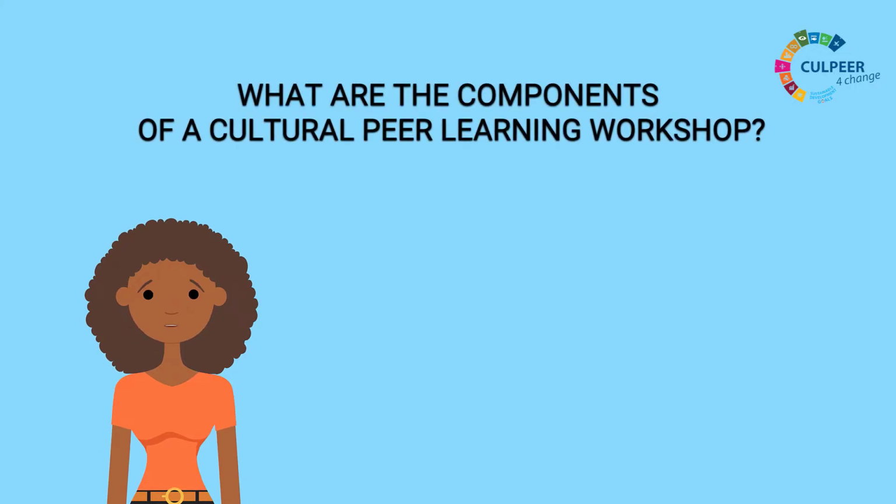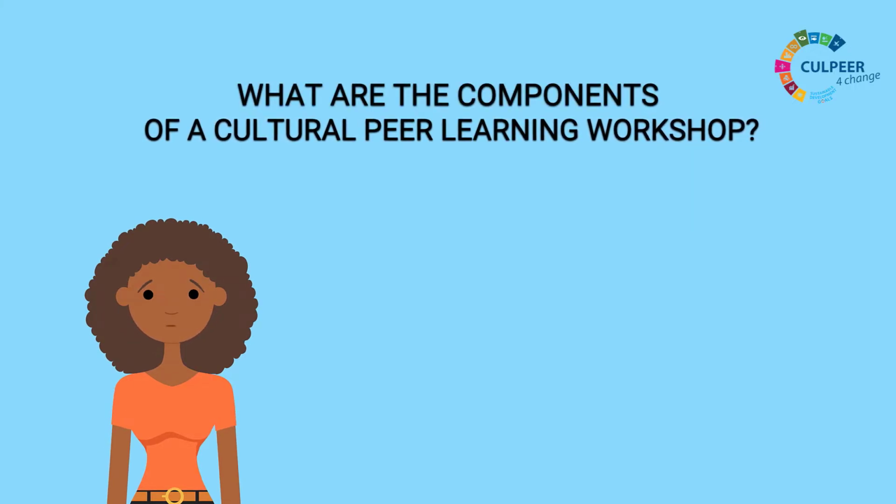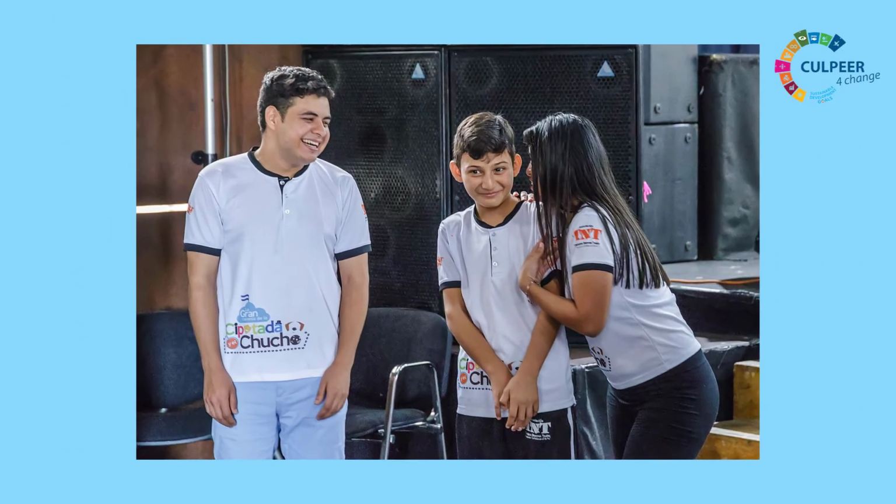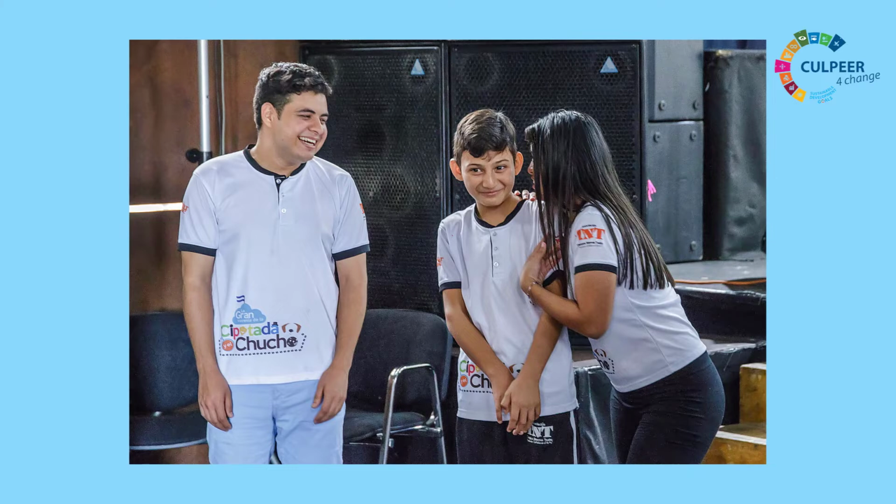What are the components of a cultural peer learning workshop? Whether it is dancing, music or theater, a central component of the workshops is learning to express yourself emotionally and showing feelings such as joy, enthusiasm, sadness and anger. The individual stories depict how different the living circumstances of the children and young people can be. Herein the focus lies on change of perspective and mutual learning. This culminates in the emergence of recognition, enabling the peers to engage at eye level.